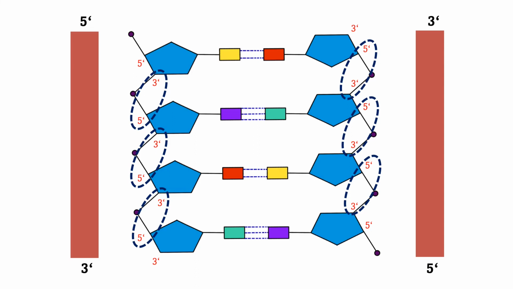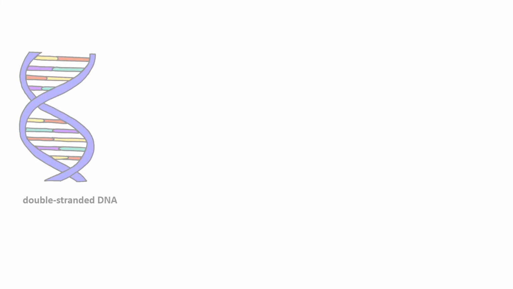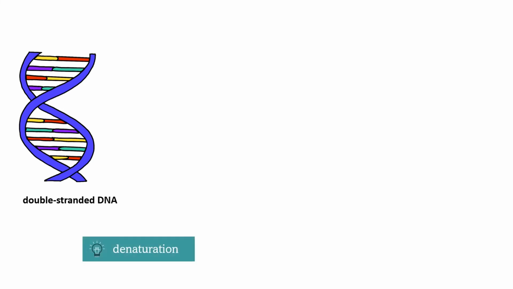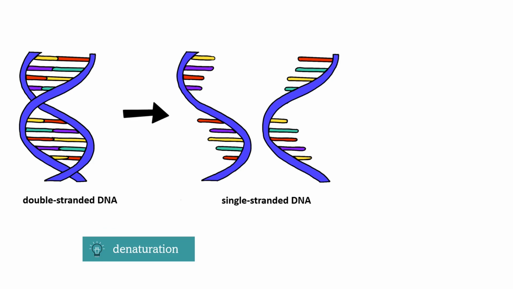Now let's explain what DNA denaturation is. As we said, DNA has two strands. However, the two strands can be separated during a process called DNA denaturation, when we heat the DNA to temperatures around 90 degrees Celsius. Then we get DNA that has only one chain, and that is referred to as single-stranded